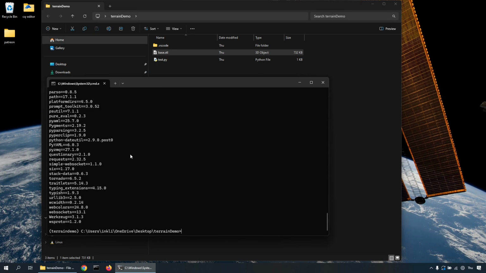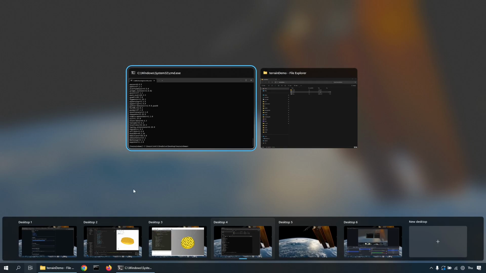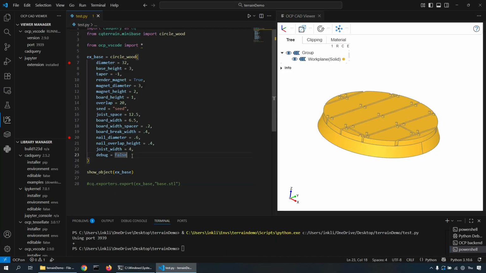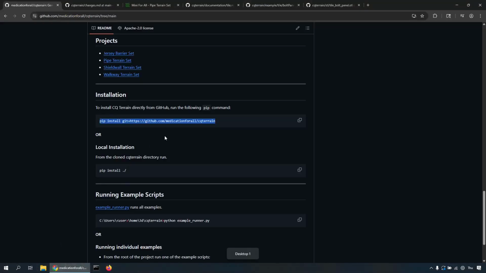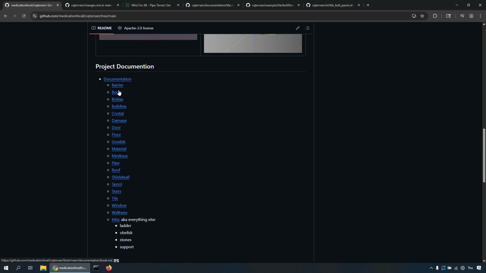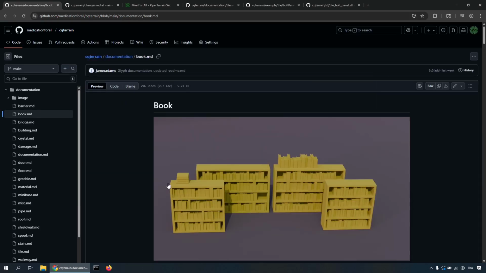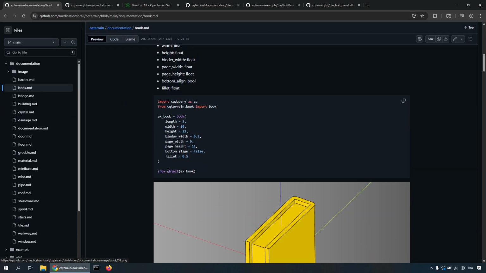So the VS Code plugin installed some other stuff, but that's okay. That's cool. One other thing I wanted to note from the demo is that all of these example files and the documentation, if we go to book and grab a book, all of these initial variables I'm putting in here